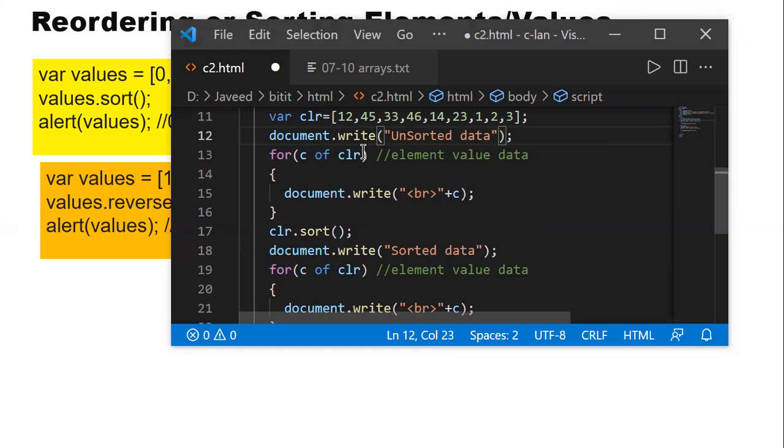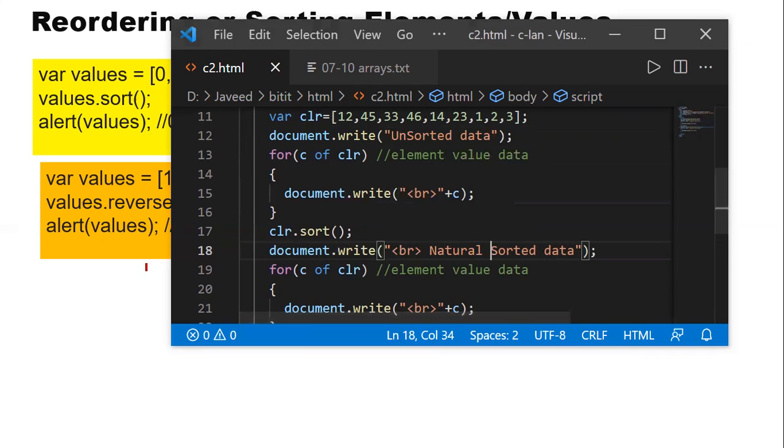So we have sorted data and unsorted data. Let us say it's natural sorting; we are not doing any extra activity there.